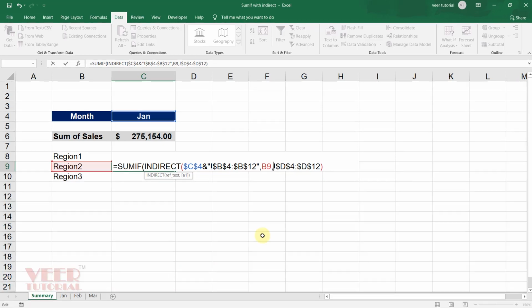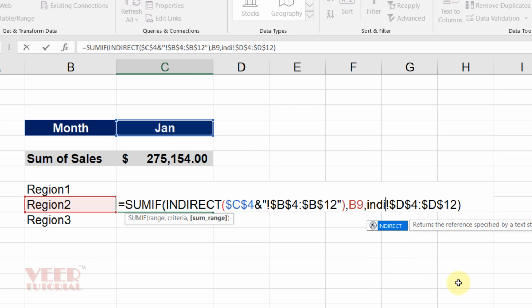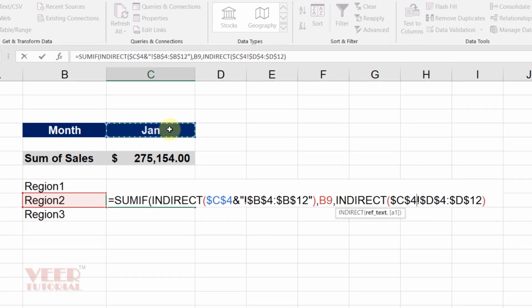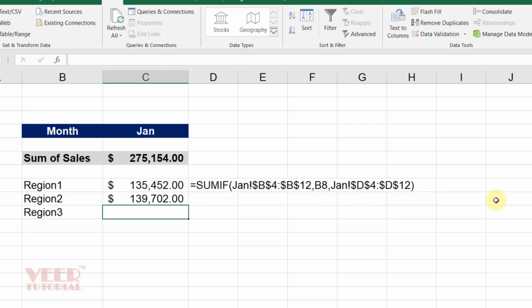Sorry, we need to close the bracket as well, this one. And now I need to insert indirect here as well. Then I will give the reference of this cell, I'll make it constant, then ampersand, start double quotation mark, and in the end I will close the double quotation mark and close the bracket as well, and now press enter.